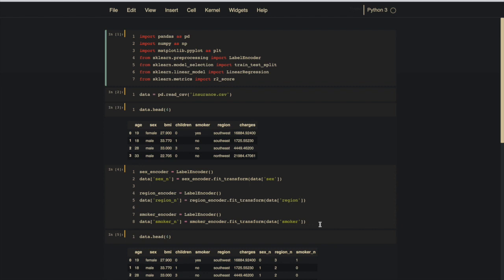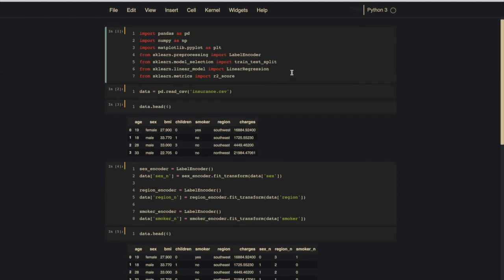So in the last video we studied linear regression and its intuition. In this video we will look at how to implement linear regression in Python. We have a Kaggle dataset on insurance. I will put the dataset in the description box so you can download it, and also a link to the GitHub Jupyter notebook so you can play with it, change the variables and do some more experiments. So let's start with the implementation.